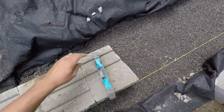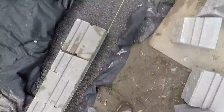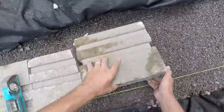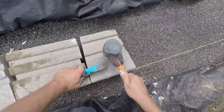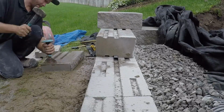Like I said, this is the most important step of the process for any retaining wall build, so we want to make sure that we're accurate in this. So we'll continue through our initial course, we'll get to the end, and now this sets us up for success with the rest of our retaining wall build, because all we're doing from here on out is stacking blocks, like I said, ensuring those staggers, and checking every once in a while just to double check that we're not getting out of levelness front to back, side to side,